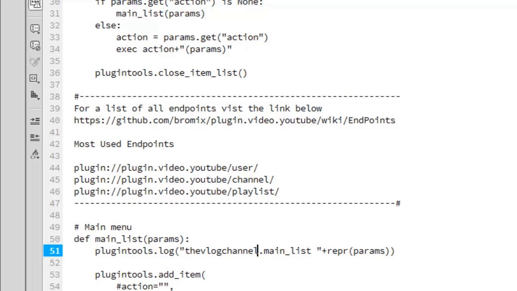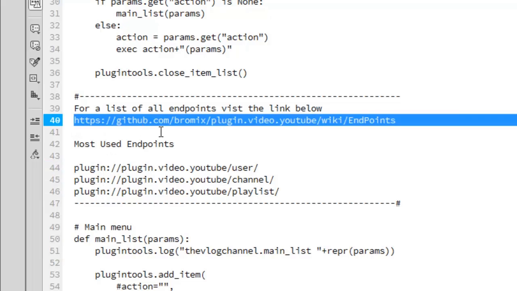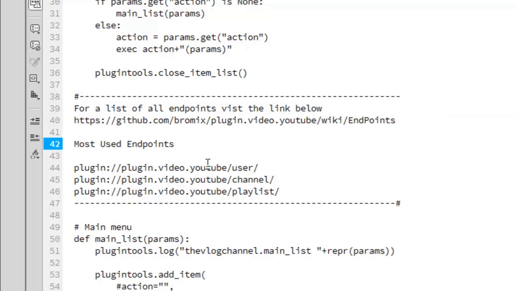I've already pre-programmed this out, so when we're done here, I'm going to have 10 channels. I will have to add an extra one, and I'll show you guys that in just a minute. But the URLs we use for pulling YouTube videos are right here. You can also use this link here at GitHub to learn all the other ways of using the